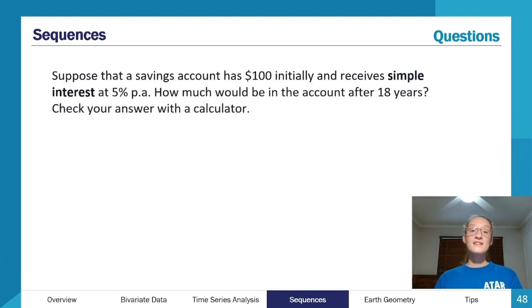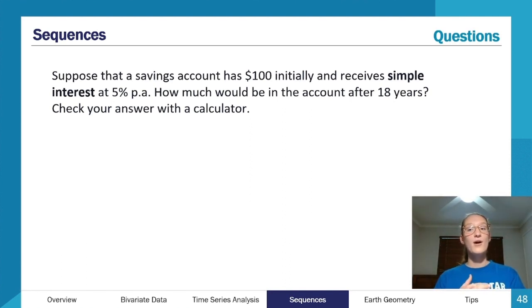Okay, suppose that a savings account has $100 initially and receives simple interest at 5% per annum. How much would be in the account after 18 years? And then we can check our answer with our calculator. So we're not looking at financial maths yet. We're actually just looking at what are the applications of sequences to a simple interest scenario, which is lucky that